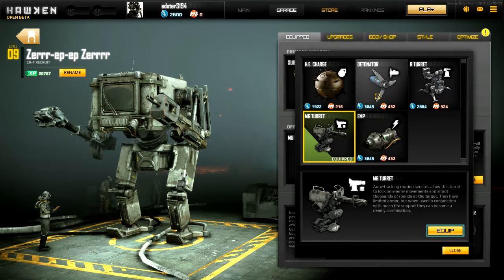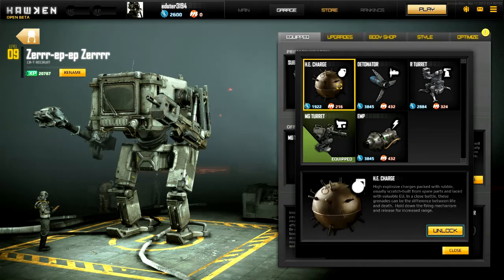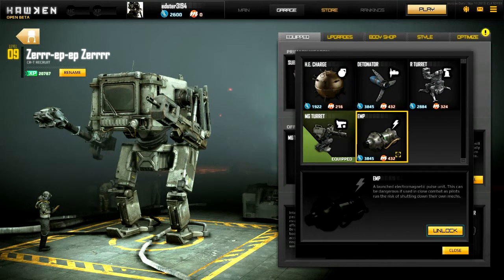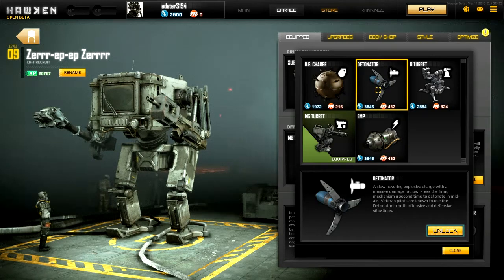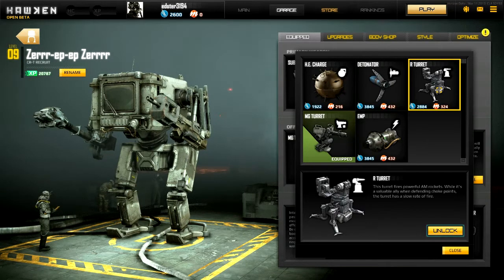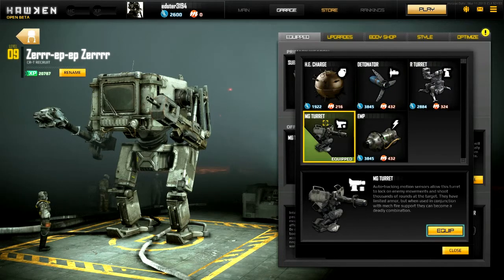There are some other things which I understand are kind of EMPs. I think they shut down the HUD, the players, slow hovering explosives. Oh, okay, so there's kind of like landmines that you detonate, kind of like C4 it appears. There's also rocket turrets. I don't like the rocket turrets that much from what I've seen. I haven't used them. And also the machine gun, the MG turret